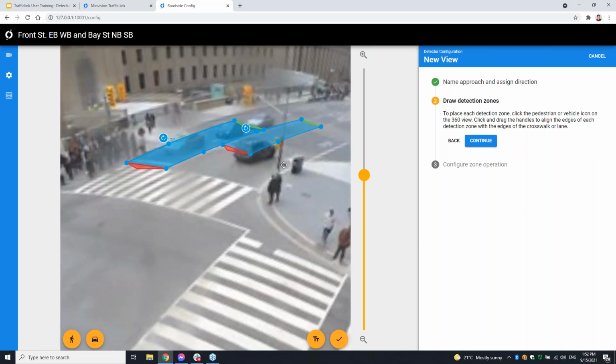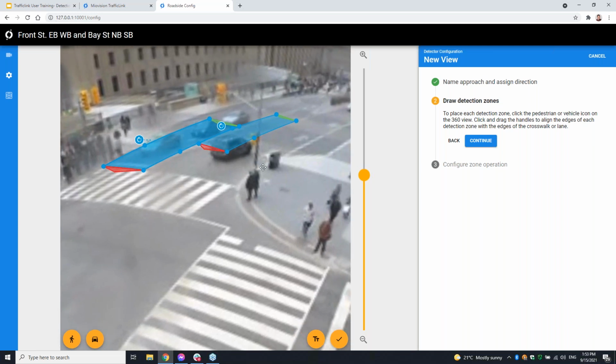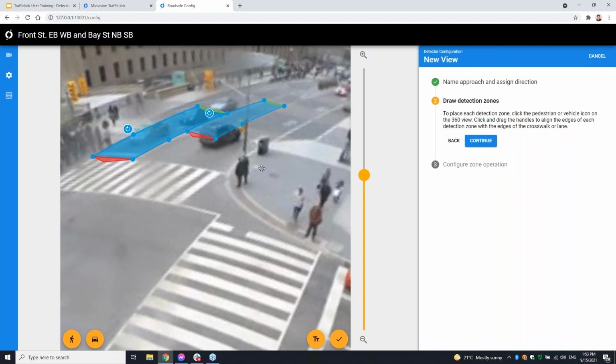One thing you'll notice is that there's a little bit of a signal pole right through the middle of our zone. A minor obstruction is not a big deal at all. We are accounting for that. Minor frame collections is okay, so that if we know where the vehicle was, we know where it's going. We can use some predictive analytics to smooth out our detection calls because it's only a minor blip of a signal pole.